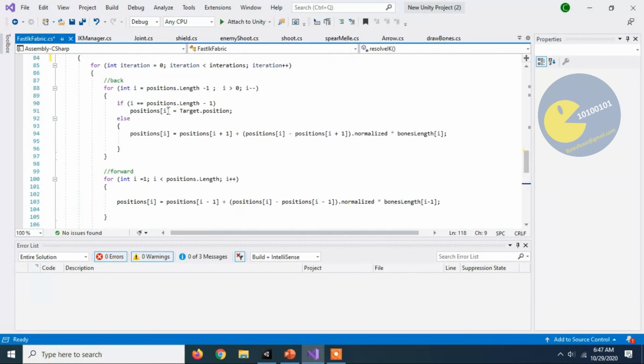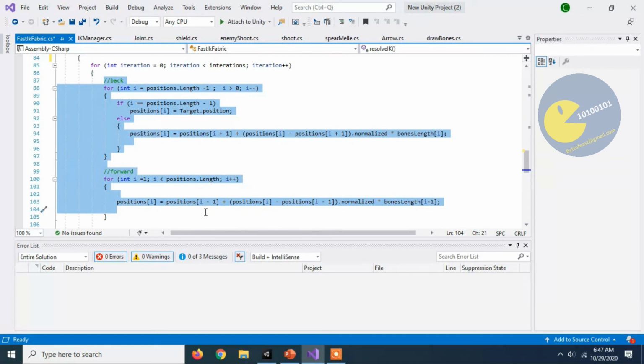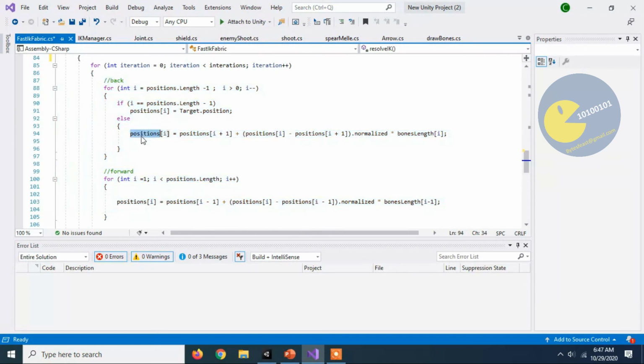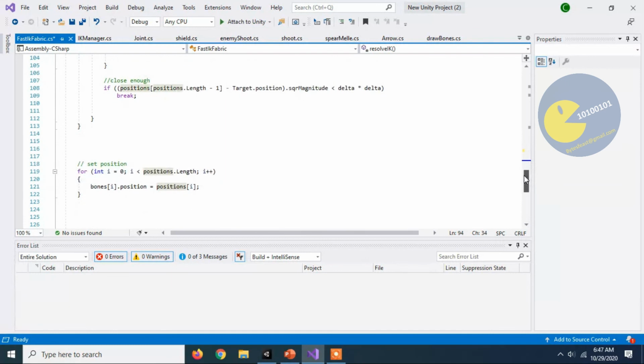In this forward and backward pass, we are just finding the positions for our bones. As I told you, this is a position array. It is just storing the vectors, and this bone is a transform array, which is actually placing the transforms or the spheres, which we are calling the bones.